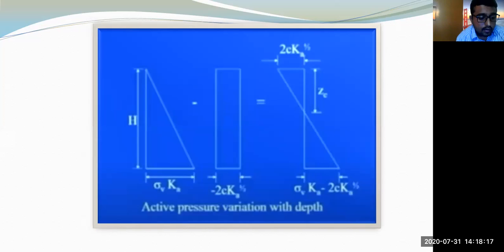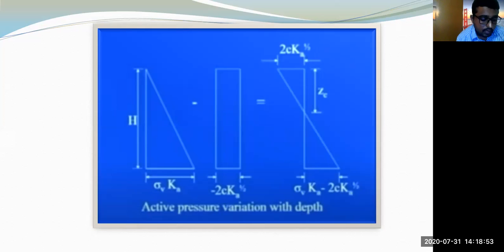Now, here we can draw the lateral earth pressure diagram, because it is always better to draw the earth pressure diagram first, because after that your problems will become very simple. You simply have to take the area of that earth pressure diagram, and then you will know the total force per unit length of the wall. And once the area is known, you can find out the different areas which are acting, and then you can find out the line of action of the resultant force.